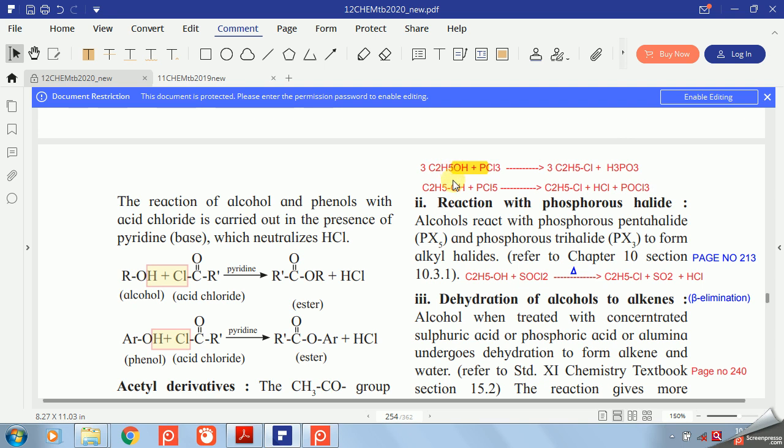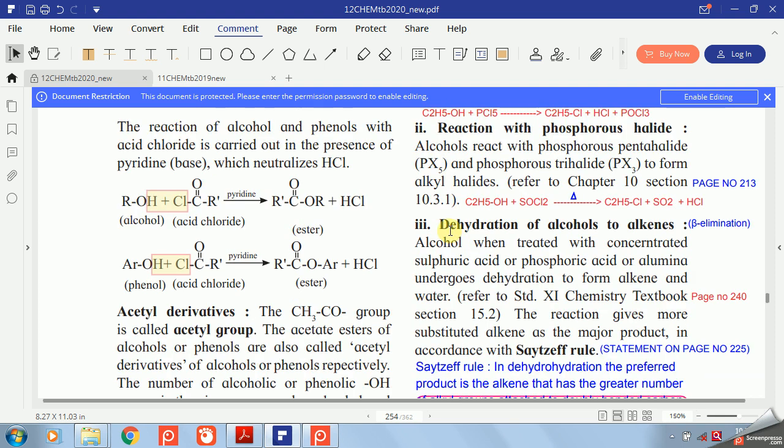Then when your reaction is with PCl5, as there are 5 chlorine atoms, 1 OH gets replaced by 1 chlorine, and we get C2H5Cl, and another product is that hydrogen from OH reacts with Cl to give HCl, and the remaining 3 chlorine react with your phosphorus. So we get POCl3, phosphoryl chloride, as the byproduct. Okay. So this is about the reaction with